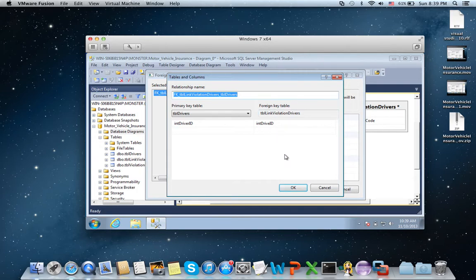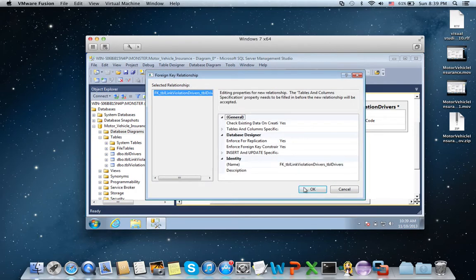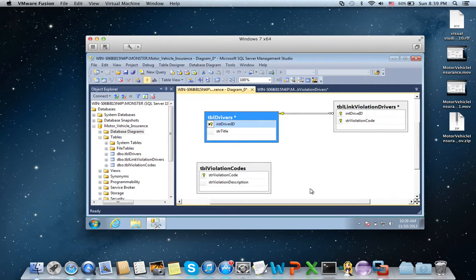Okay, this is what we're going to do. We are connecting the two tables using the primary key foreign key relationship. Okay. So, one to many. Primary key, foreign key here.